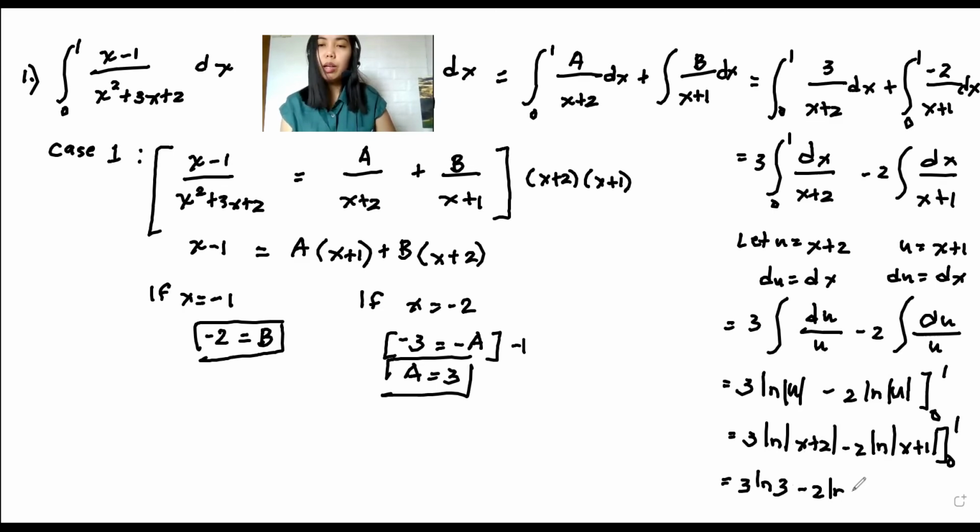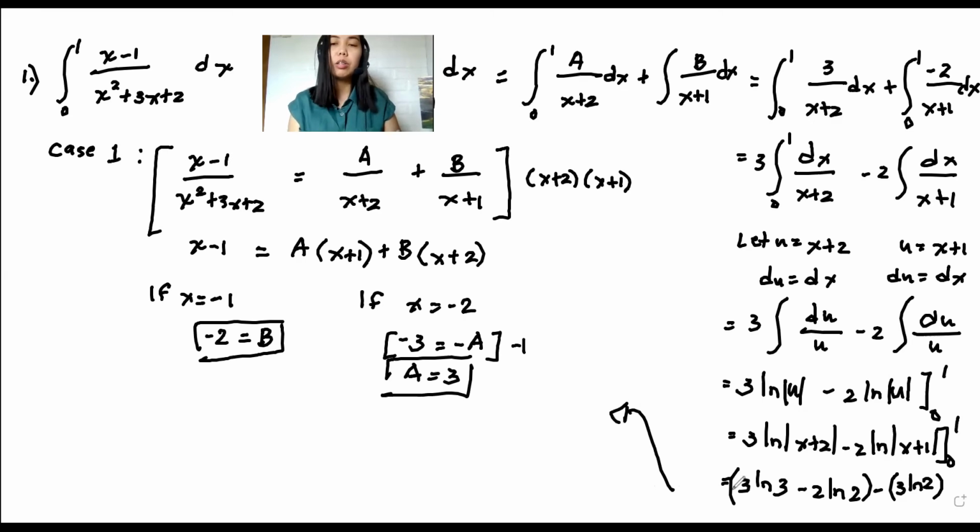Minus 2 ln 2, minus 0 plus 2, it's 2. So we will have minus 3 ln 2. 0 plus 1, it's 1. And ln 1 is equivalent to 0. So this will be 0. Therefore, when we simplify it, the answer is 3 ln 3